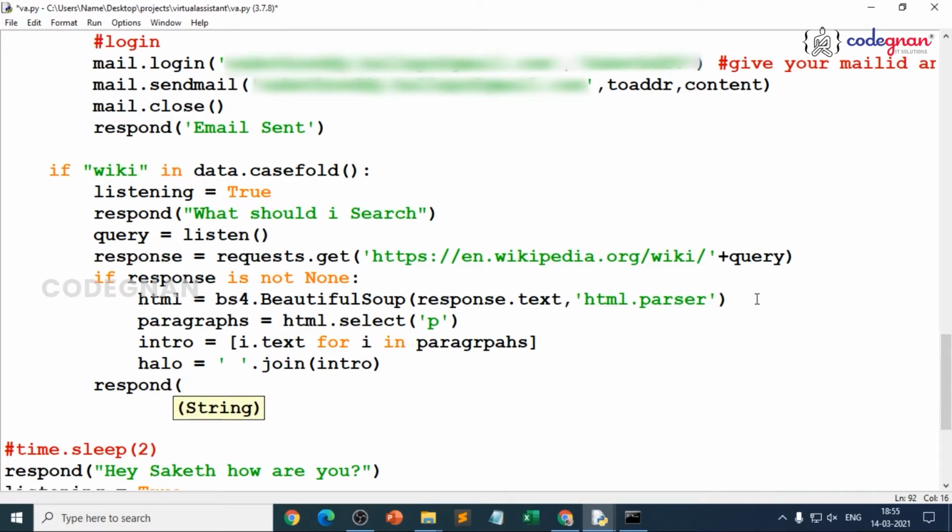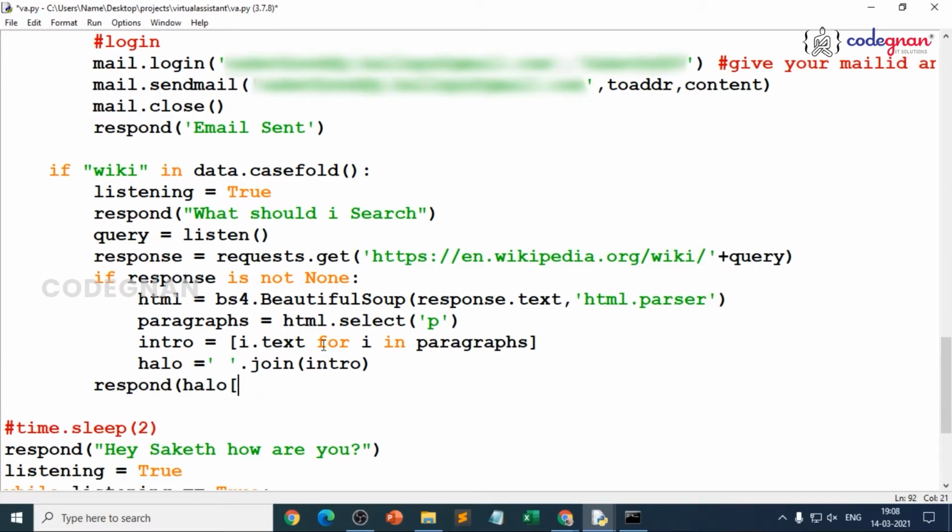Respond of, we just want only specific characters, because we cannot read the entire web pages where we have some symbols, and our beautiful soup cannot parse completely. It can parse completely, but we can just go for JSON format. Here we are trying to make it speak, right? That is the reason we'll restrict it to only 100 characters, where you can just try it out, because it will throw you an error once you just read it. So make it to respond to less number of characters, and depending on the search factor, you can just do it. So here clearly we are making it to respond with the first 500 characters.